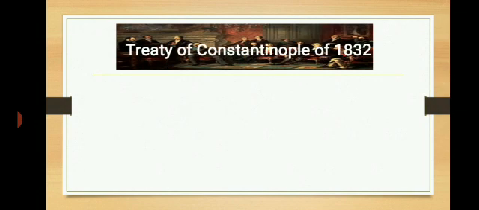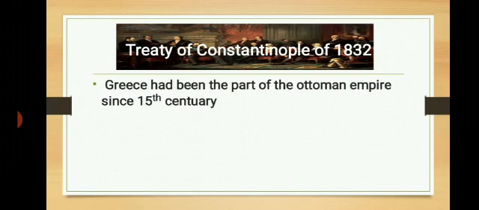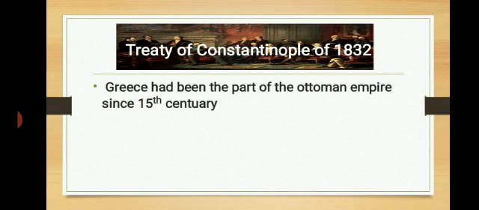Children, here you can see a pic, and it is a symbolic pic of the Treaty of Constantinople of 1832. First of all, we must know about the country of Greece and its existence. In the beginning, Greece had been part of the Ottoman Empire since the 15th century, and the Ottoman Empire